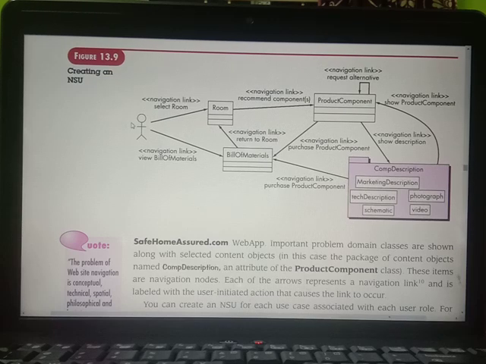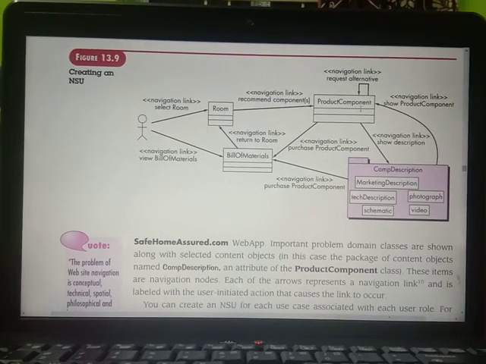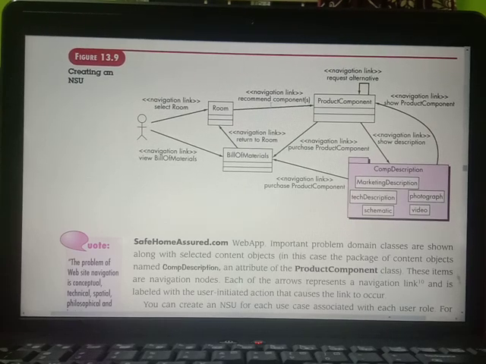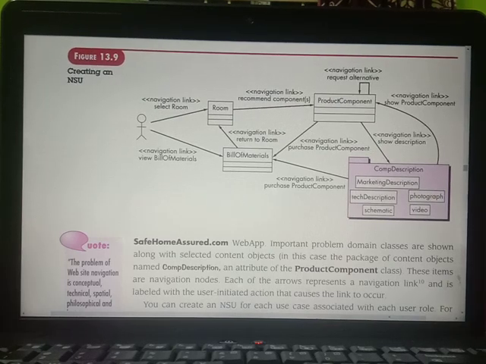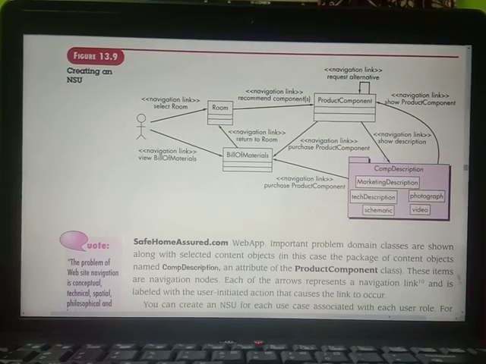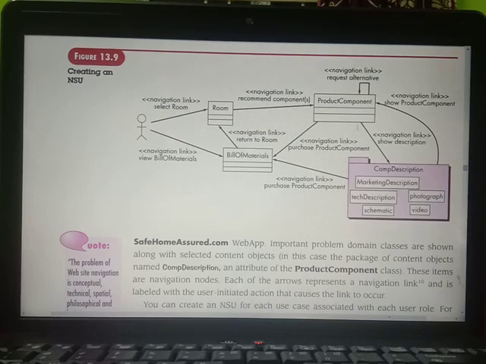That is, here the SafeHomeAssure.com, where the product is going to be available, and the product will be given the component description with the help of five things: marketing description, technical description, photograph, schematic information and video data, which will be navigated to show the description. So if you click on the product component description, the page will go to the navigation page, will do the description of the component description, and again to show the product component, again from there the navigation will be done.